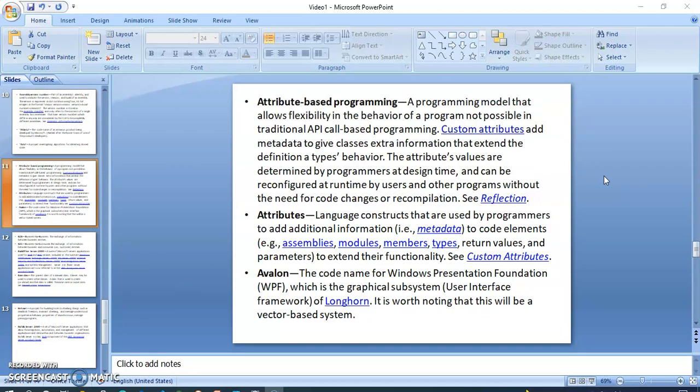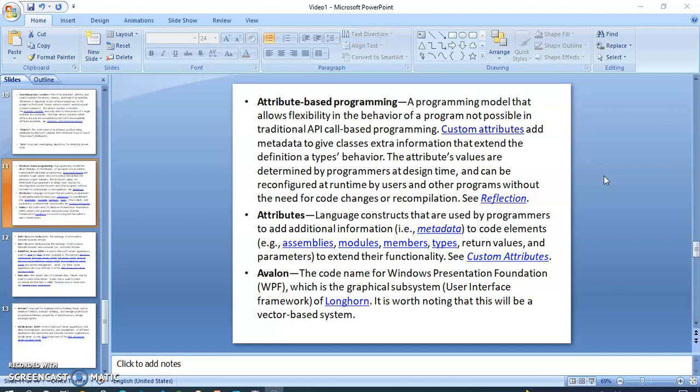Now we will discuss attribute-based programming, a programming model that allows flexibility in the behavior of a program not possible in traditional API call-based programming. Custom attributes add metadata to give classes extra information that extends the definitions of type behavior.